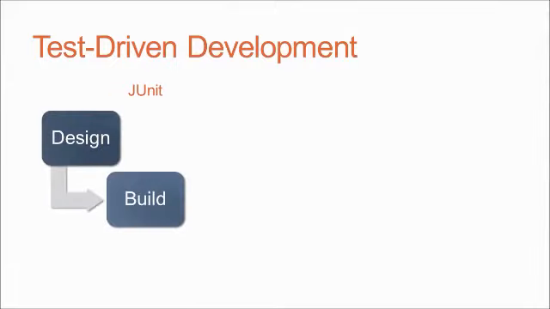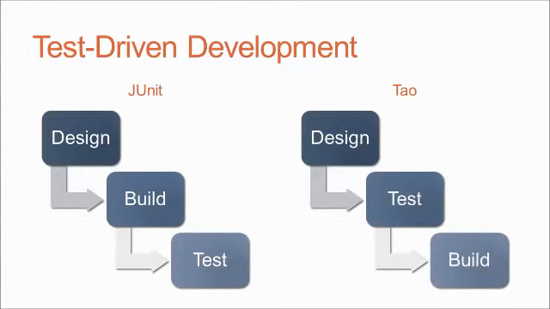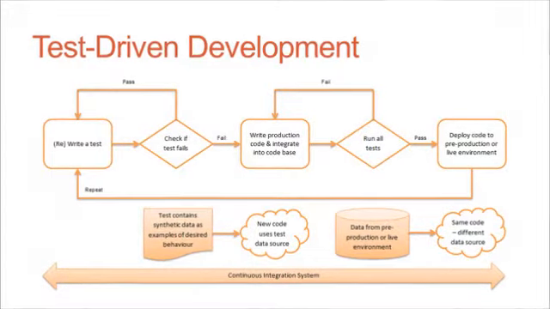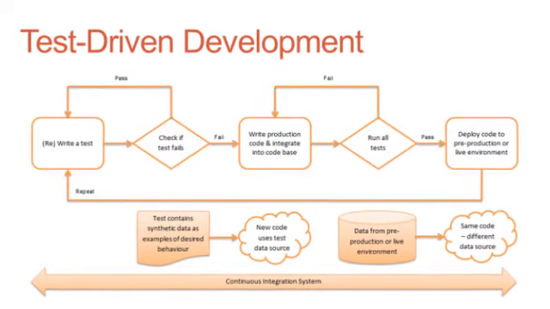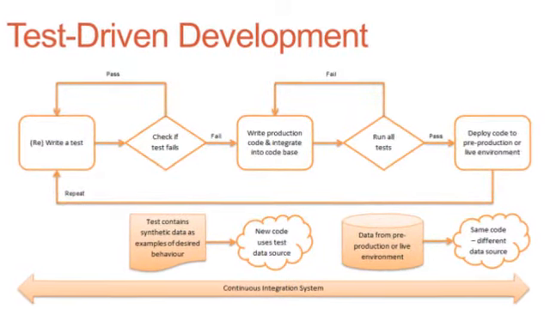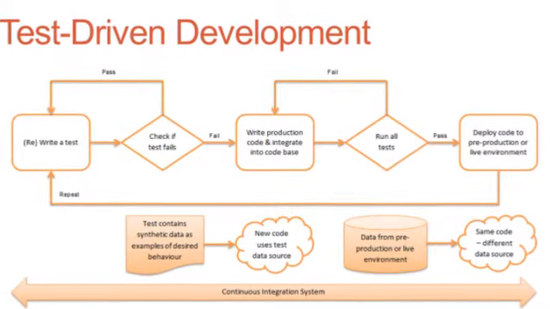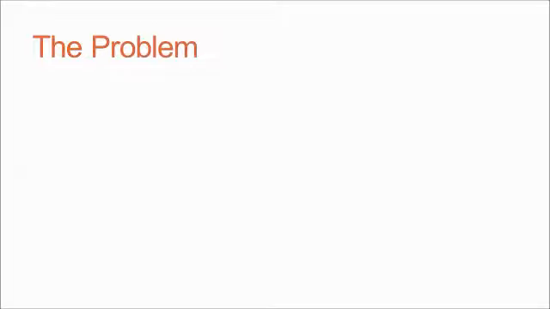Tracing back along the roots, you will see that the key similarity with JUnit and Tao is theory. As a framework, they both want to promote best practices. Both frameworks believe in the principle of continuous integration, and both frameworks want software projects to develop new features and to generate a fresh build without introducing bugs. However, the key difference between JUnit and Tao is practice. In practice, JUnit has so many limitations.